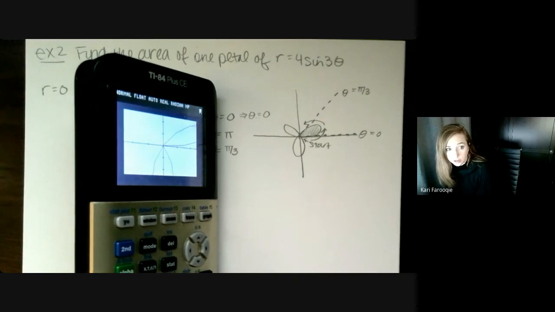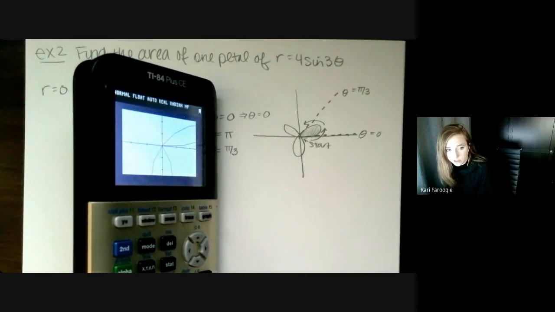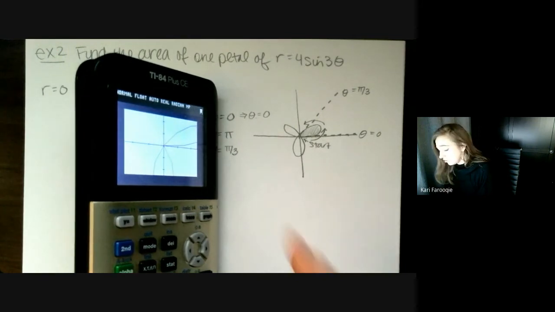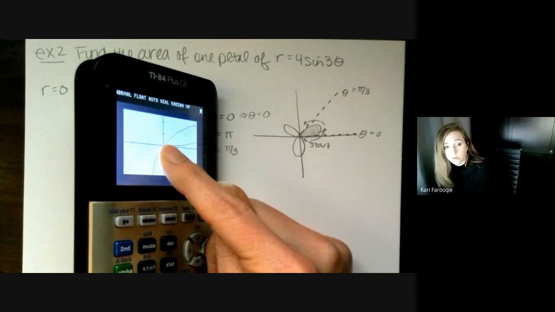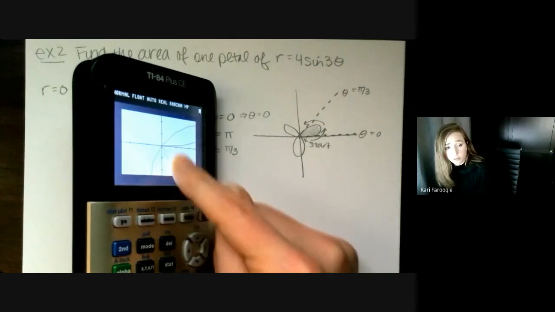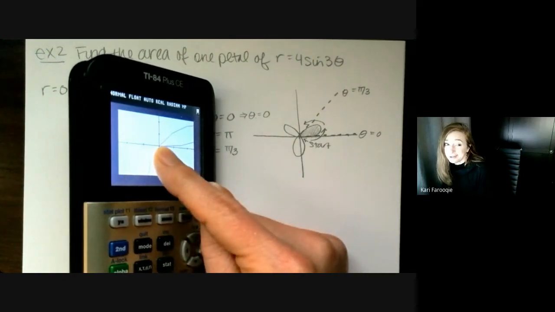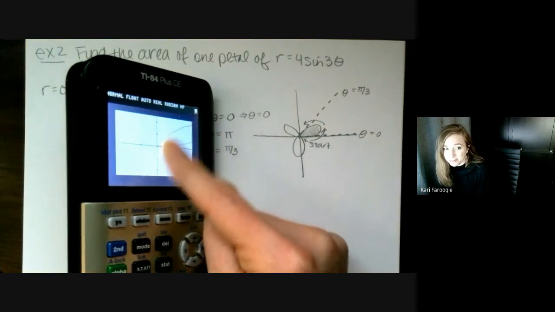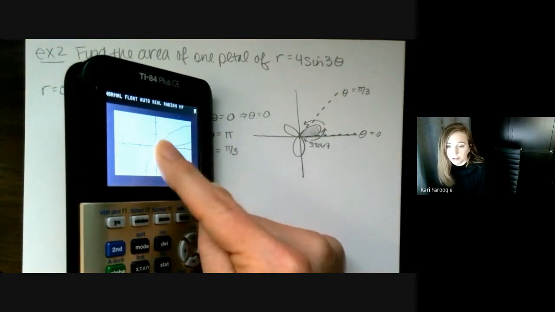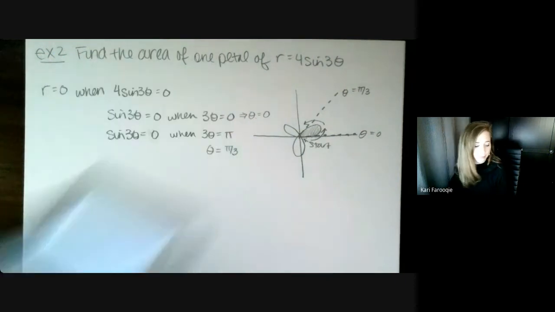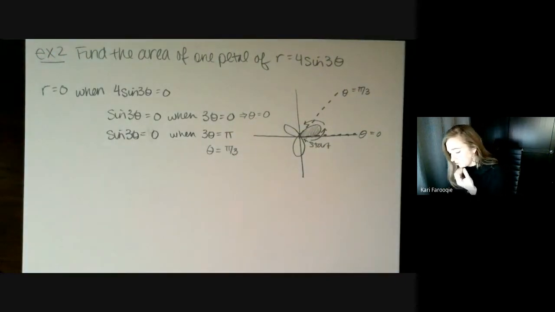So another way that you could have seen this, and it's not going to work for every single situation, some of them are going to be more obvious than others, is if you note that this graph graphs itself from 0 to pi, it makes a whole complete graph, then you'll know that a third of the graph, which is 1 petal, will graph itself from 0 to pi over 3. That's sort of another way of seeing the same thing, as long as you recognize that. So we're going to set up our petal from 0 to pi over 3.